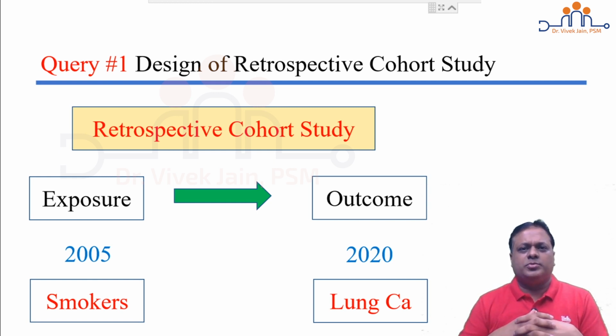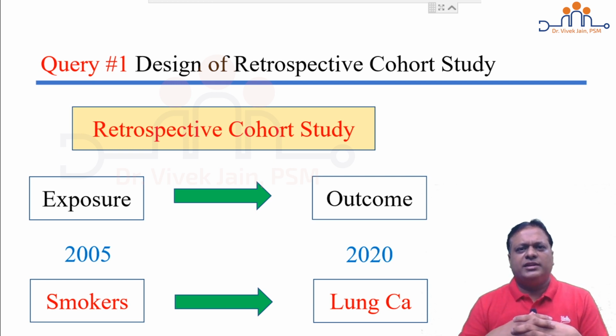Any patient comes to your hospital, you have a case sheet. You ask, are you a smoker? Are you alcoholic? Do you have a diabetes history? Do you have a family history? So from 2005 hospital or medical college records, I can find out 100 smokers. Now I trace them wherever they are located in India or anywhere, and I ask them, have you developed lung cancer in the last 15 years? If you see very carefully, through this design I am going in a forward direction from exposure to outcome. So this forward looking study design is known as retrospective cohort study.